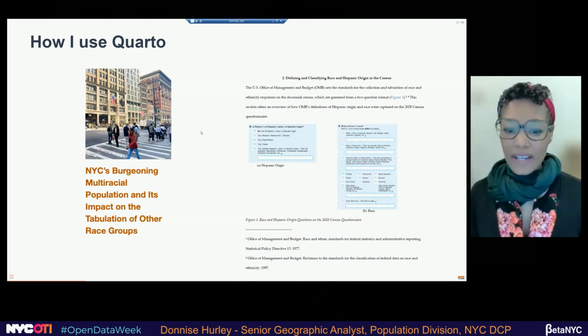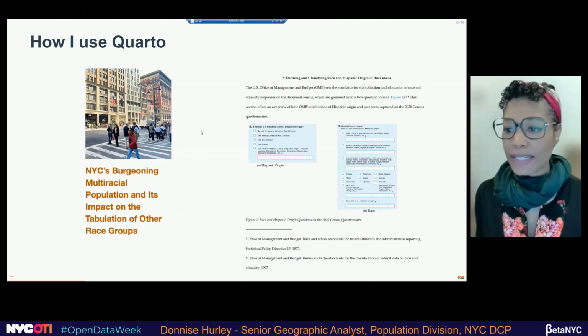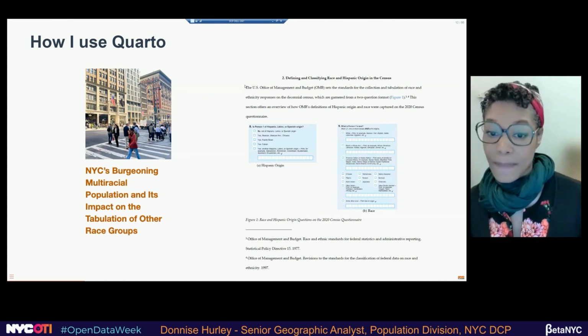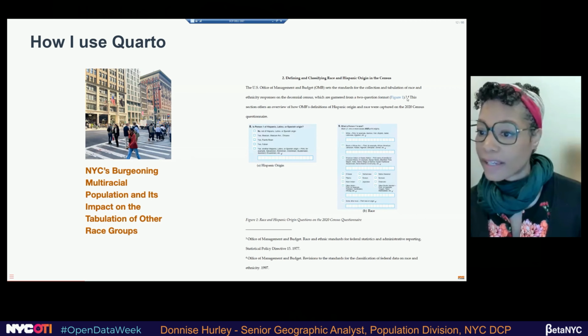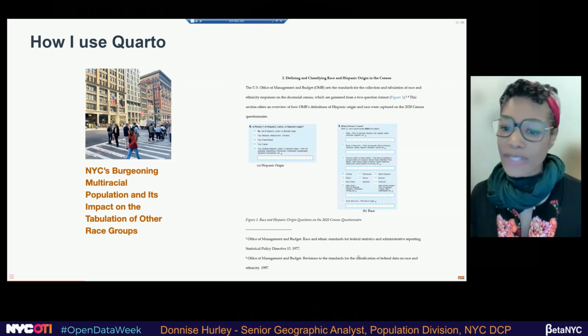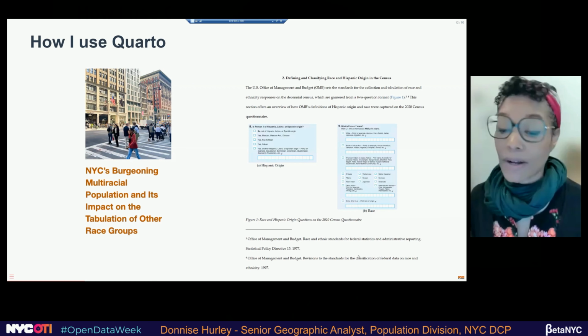But the beauty of it, I just said format to PDF, and it was able to, this is a screenshot on the right, a screenshot of a PDF page. So it kept my footnotes, references, and it's all in one, the same document, and I was able to embed it within the HTML, which was great.